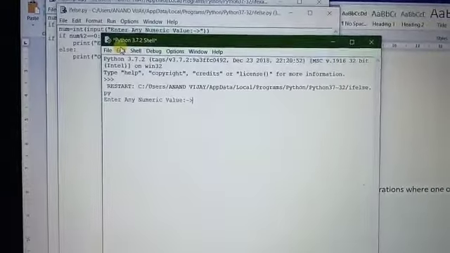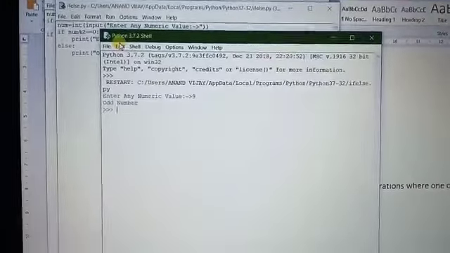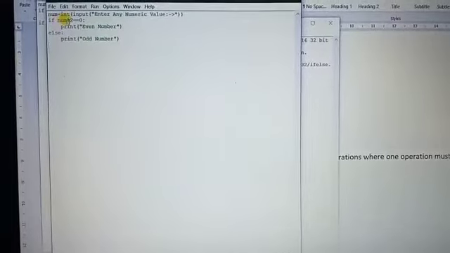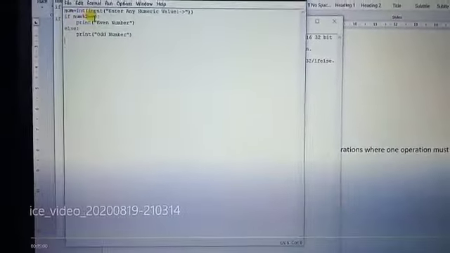This time I given the 9. It also prints the odd number. In that case, if I given the 8 mod 2